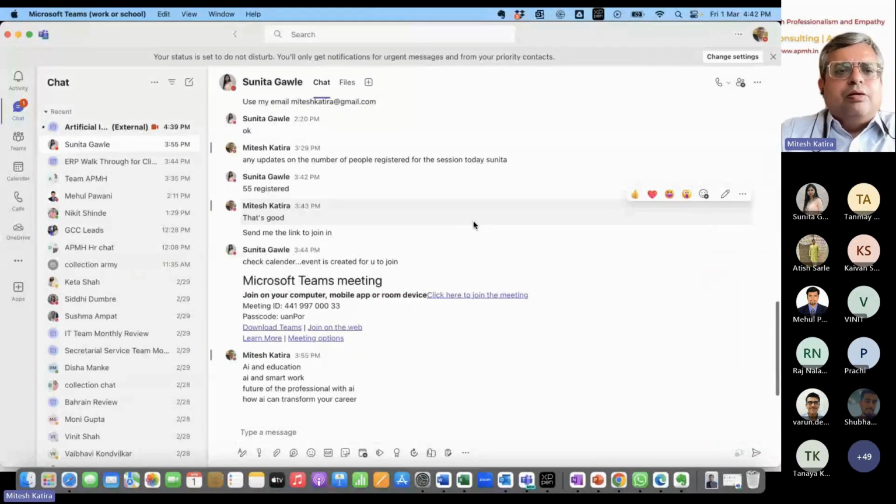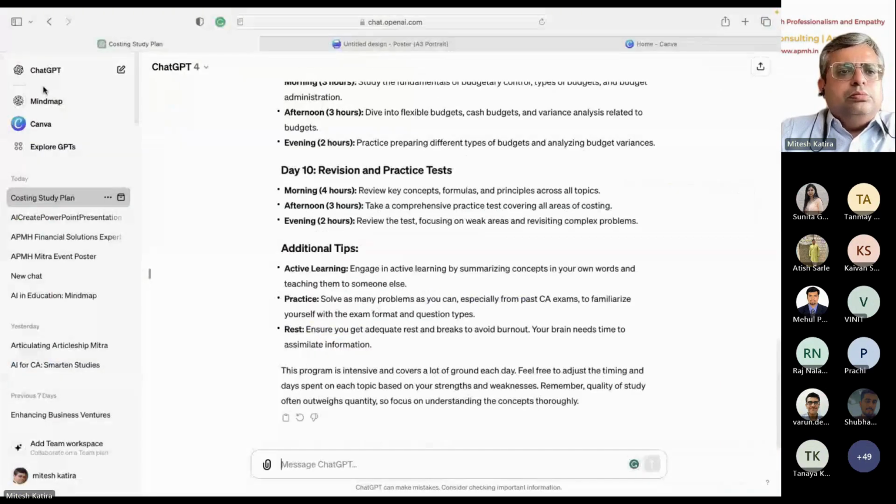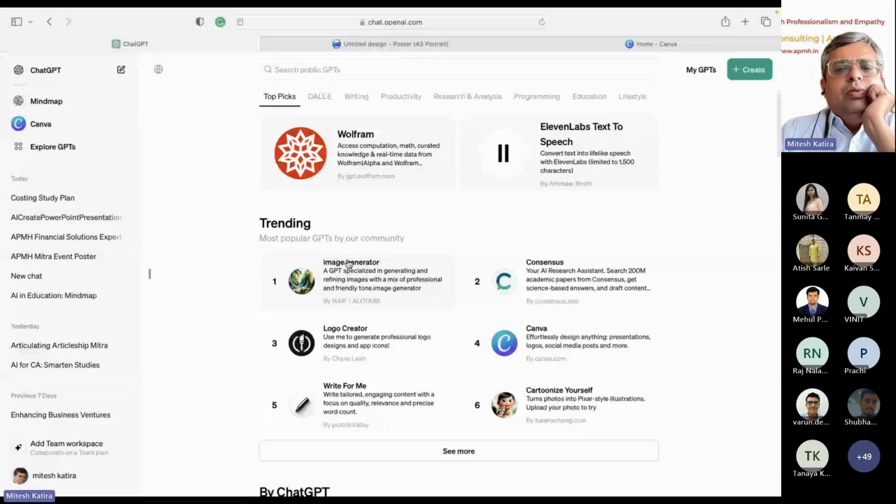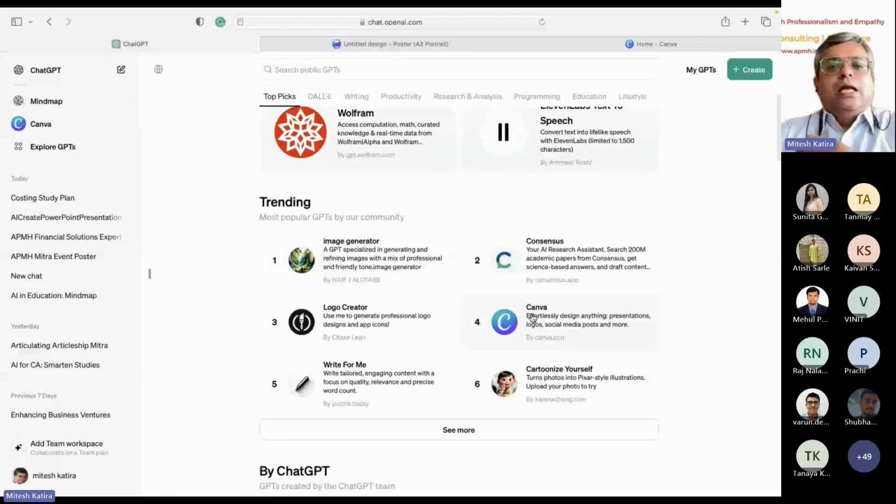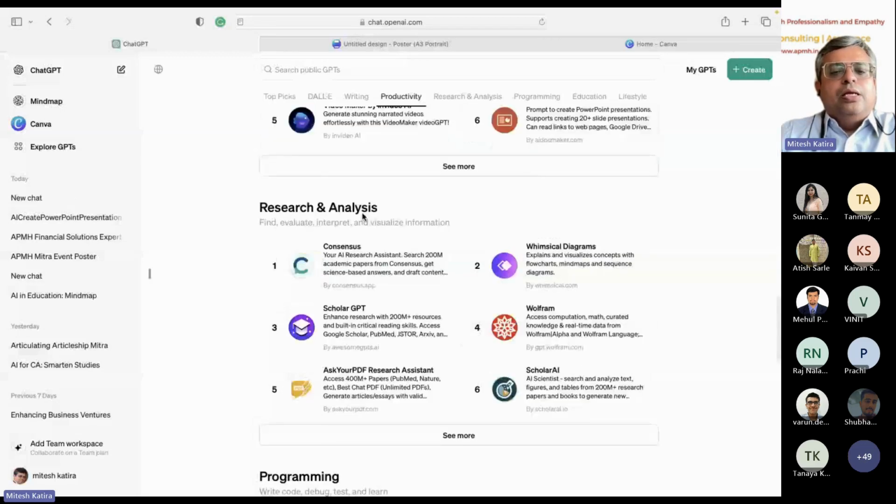Of course this is a paid version of ChatGPT, so we can just look at explore ChatGPT and we can see it can generate images, it can make Canva blog posters, it can create logos, it can write articles for you, it can prepare cartoons, it can find out the consensus of the research that you have done, it can do a lot of work on images, writing, productivity, research and analysis.